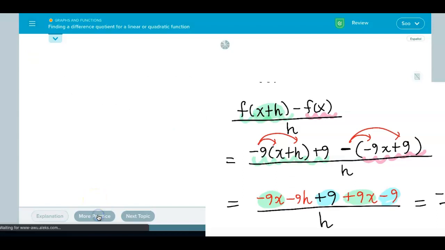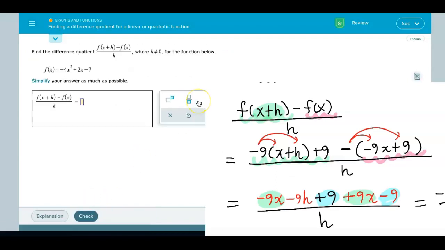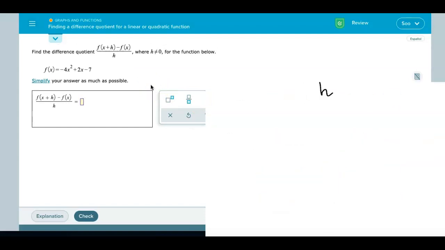All right, one more practice problem. Oh my goodness, we got a trinomial, a quadratic trinomial. It's okay, we can do this. So the function is f of x equals negative 4x squared plus 2x minus 7. And I need to plug in